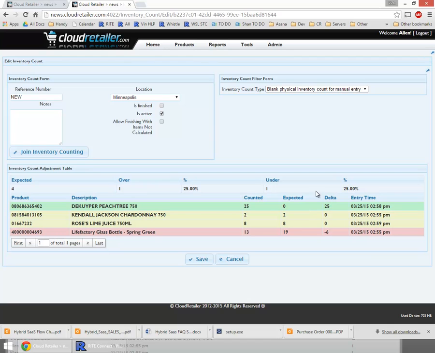All right, then we also have counted 2, expected 0. I've got a delta, right? And it's showing me some, I'm over on 1, I'm under on 1, etc. So this bottom one I counted 13, but I only have 19. So you can print this out if you want by printing the browser,